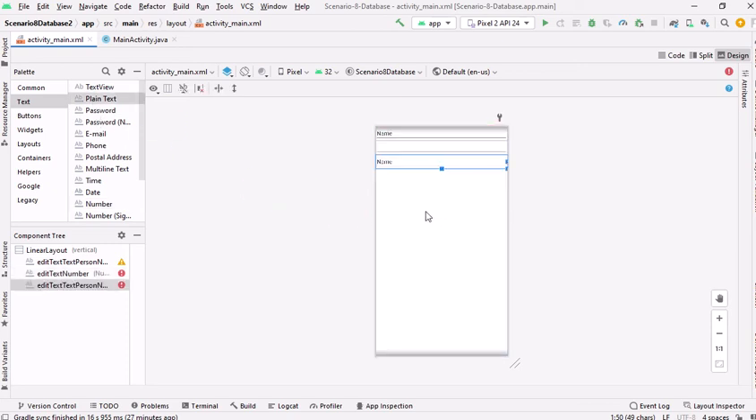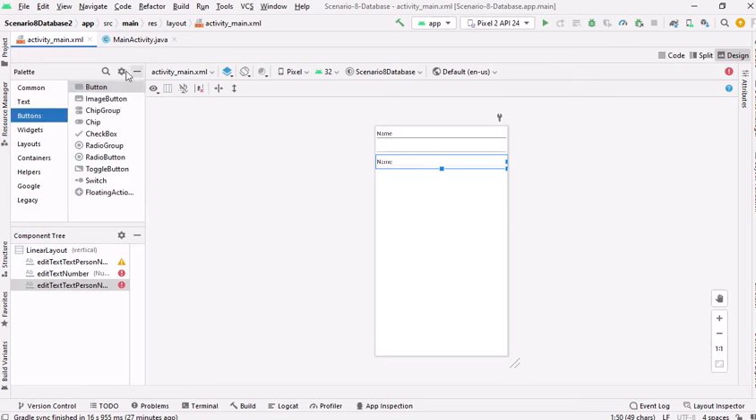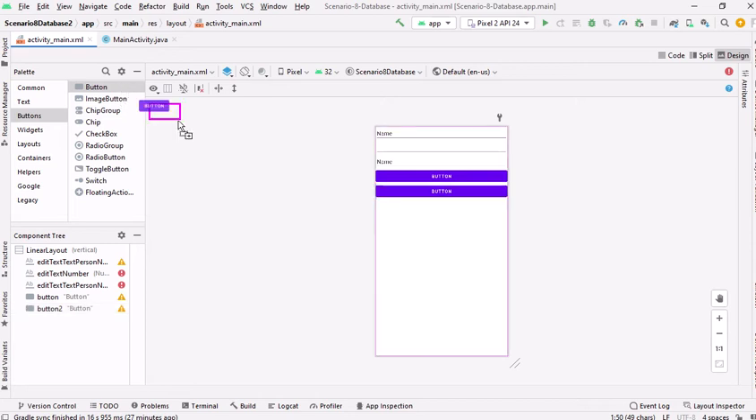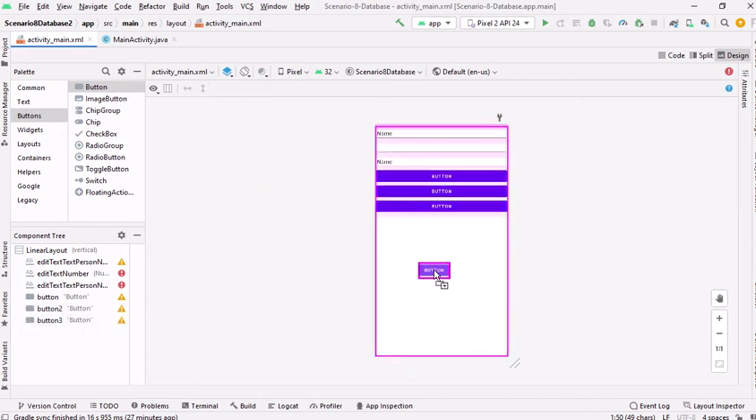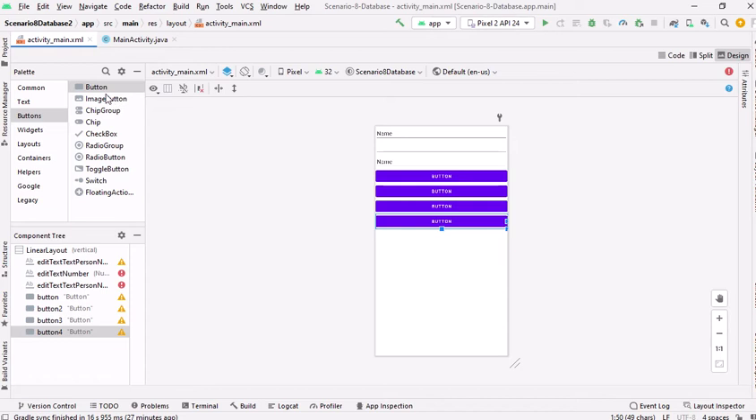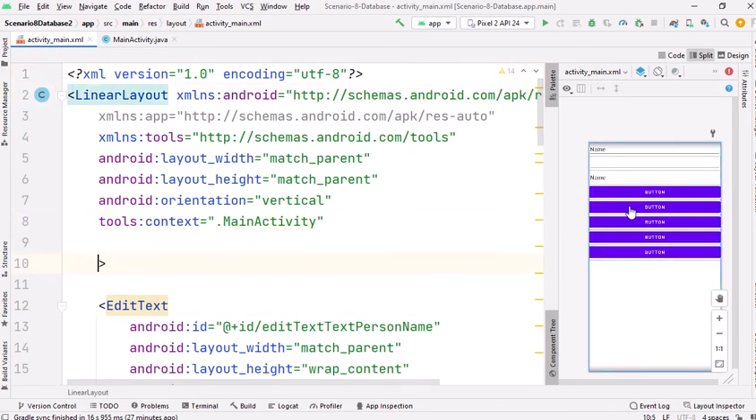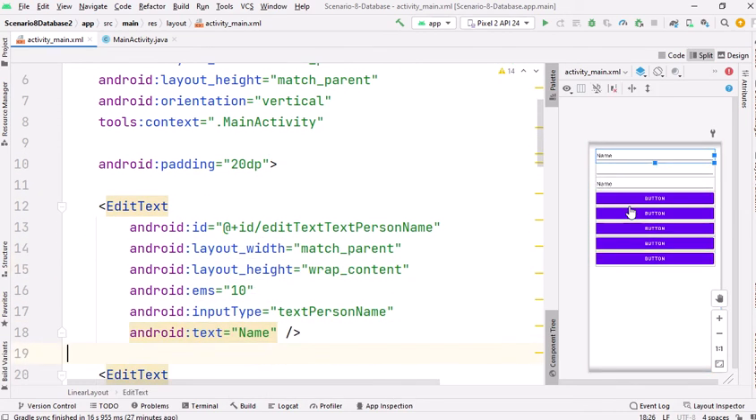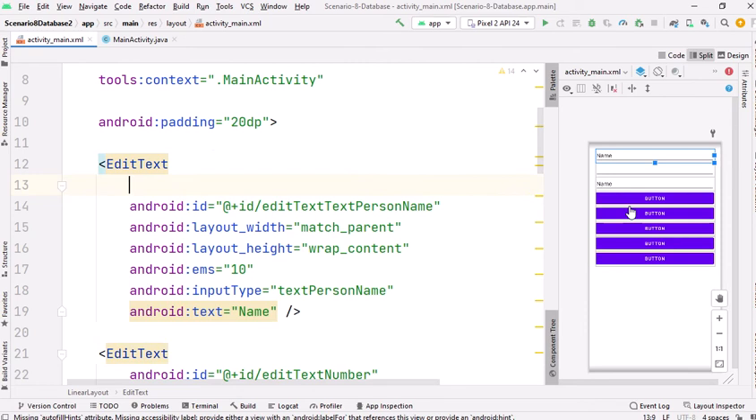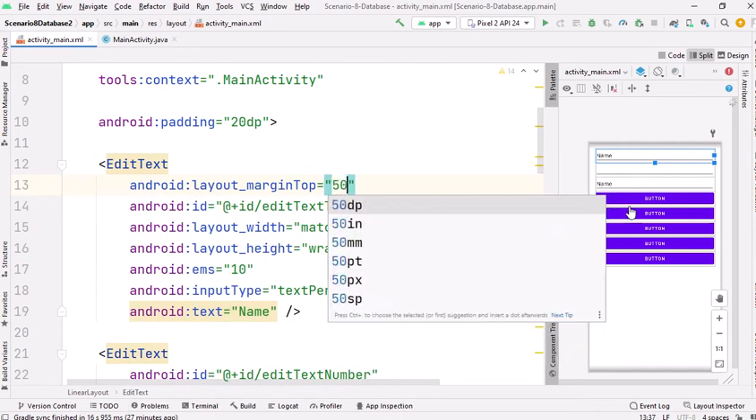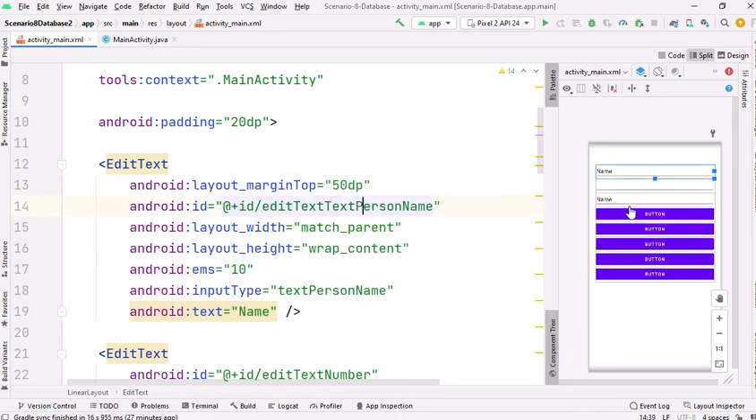So that's why I will take one more plain text, and then I will take buttons. So one for save, one for delete, another one for update, and another one for search, and then last one for clear. So now I will go for split, and then I will make the changes here. So here I am going to add some padding so that we will have a good view of this design. Then I will add some margin, top margin, something like 50, so that I will bring down, and then I will change the